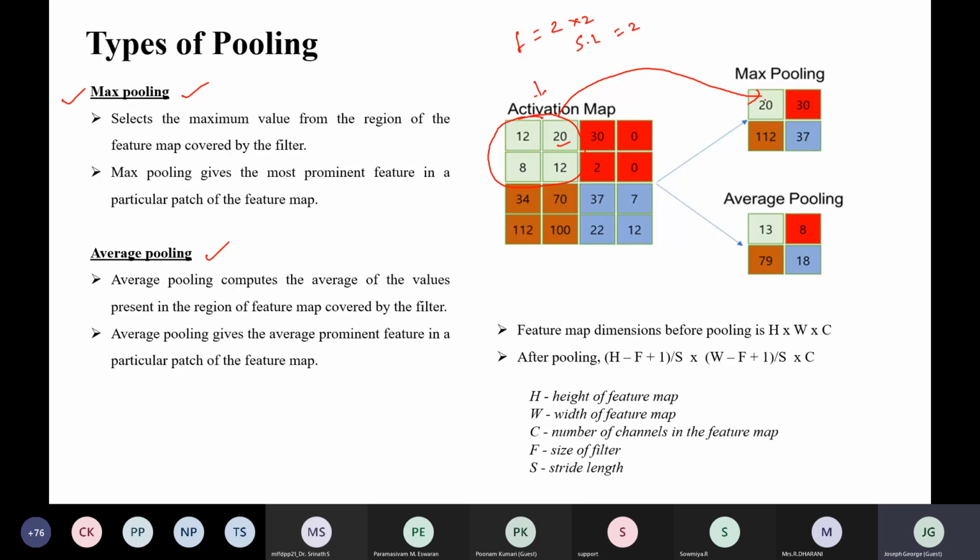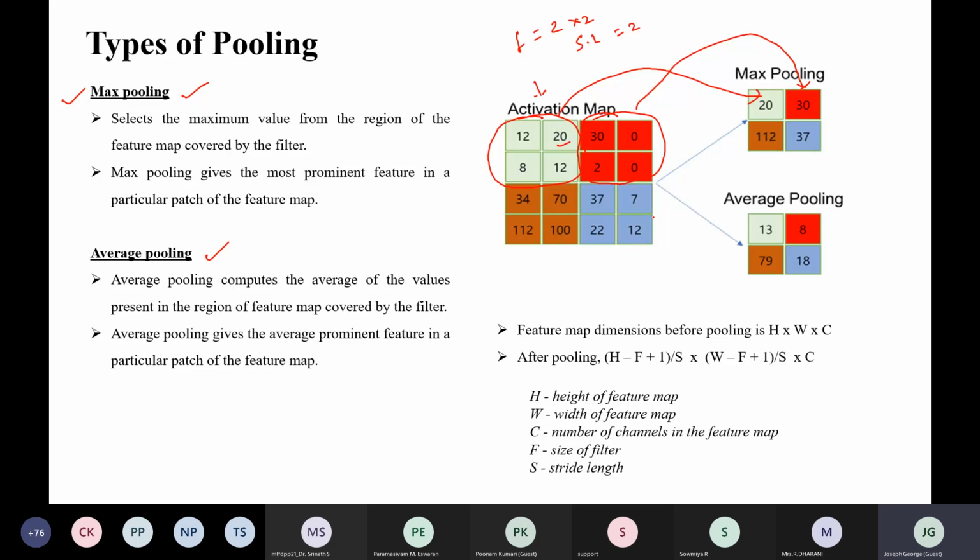Then the stride will be moved 2 steps or 2 pixels. Again, it will search for the maximum value here, and that maximum value is treated as the second pixel value.